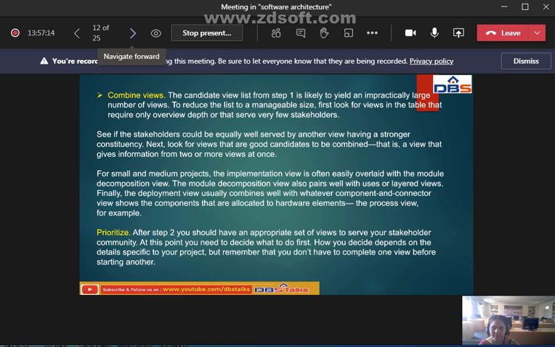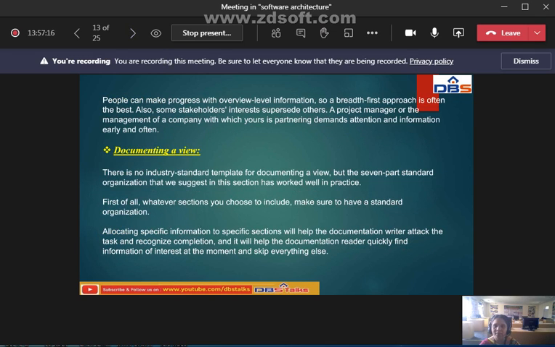Okay, that is the thing. Next, people can make progress with overview level information. So the breadth first approach is often best. Also some stakeholders' interests